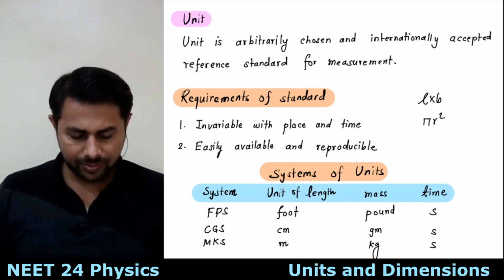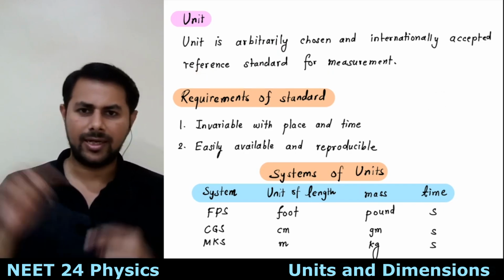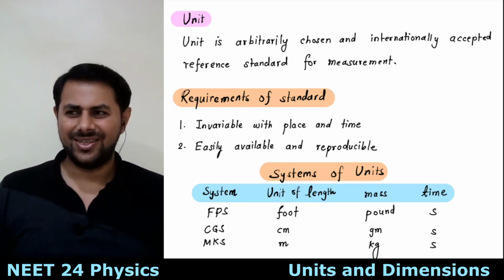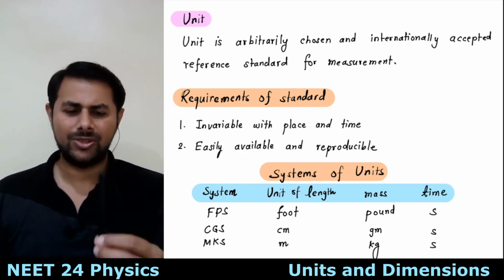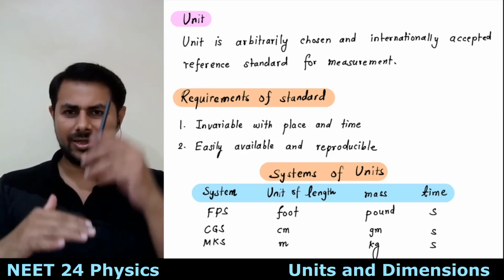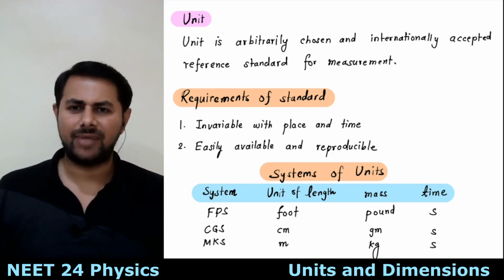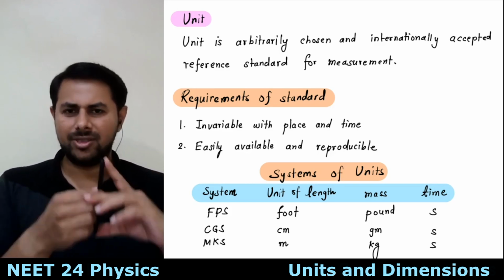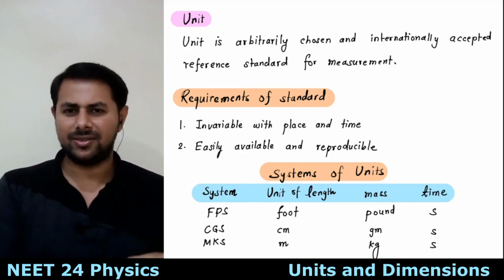So for example, suppose you want to measure my length. My length means my height you want to measure, and you don't have anything else. Suppose you are handed this pen, I give you this pen, and then you measure my length. Suppose 1 2 3 4 5 6 ... 11 pens. Suppose that's my height. So what will be the unit? Unit will be the length of this pen. So height of this sir is 11 pens.